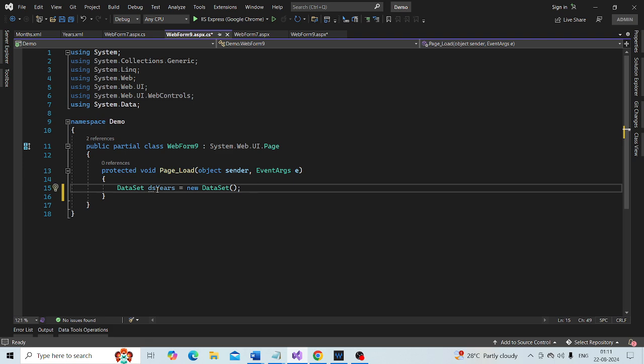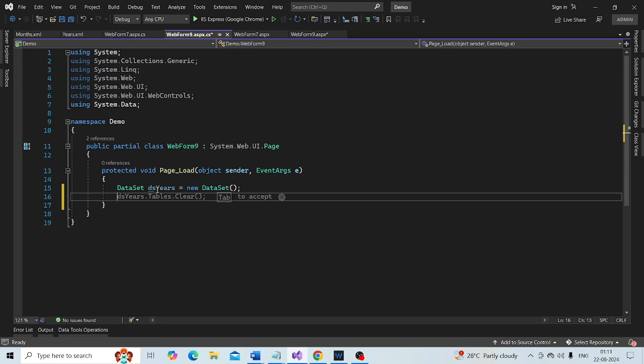And what we want to do is read the XML file.